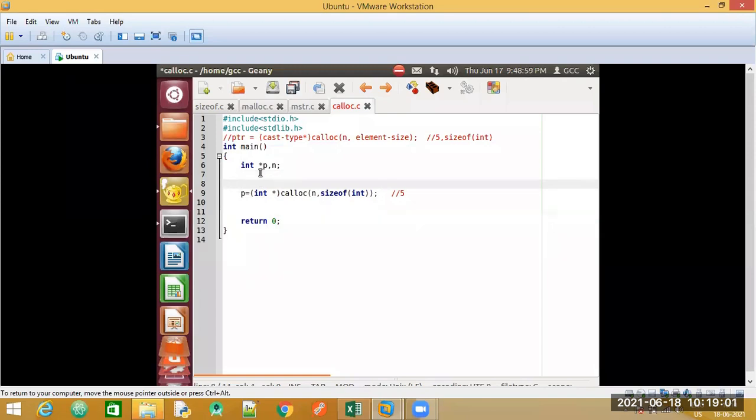So let me have the statement to accept from the user. I will ask the user to enter the number of bytes or the number of blocks that he wants.